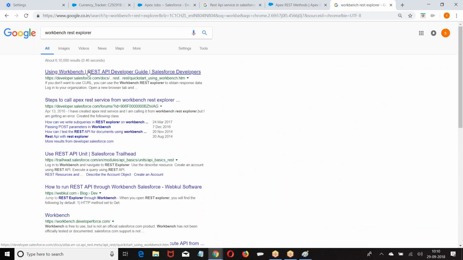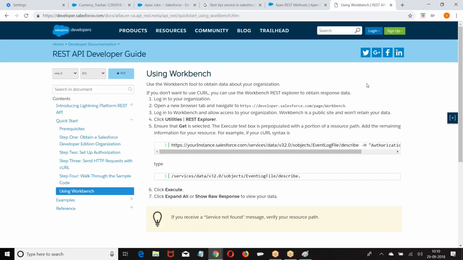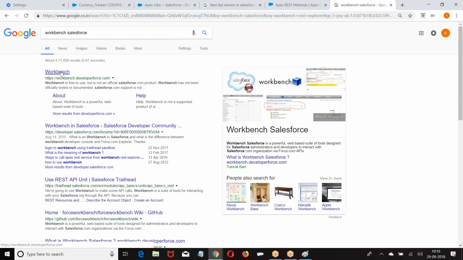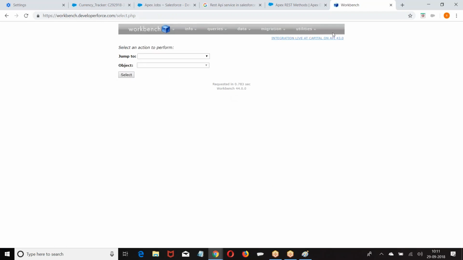Go to workbench. Then we have utilities, REST Explorer.